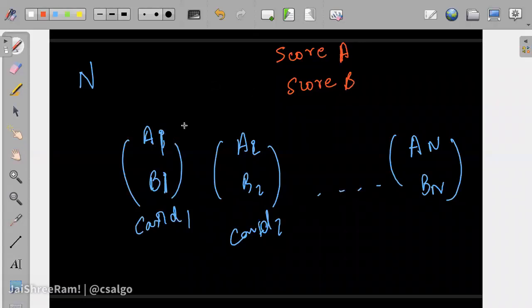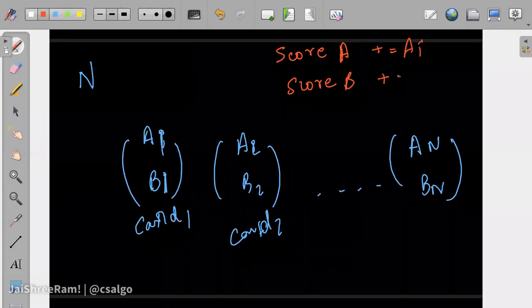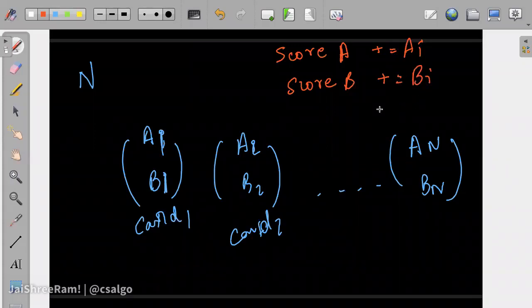If you take some particular card, your score increases by its ai value, okay. And when I take a particular card, my score increases by bi value, okay. So it's not the same for both of us, it's biased, okay. If I get some particular card, my score increases by bi value.